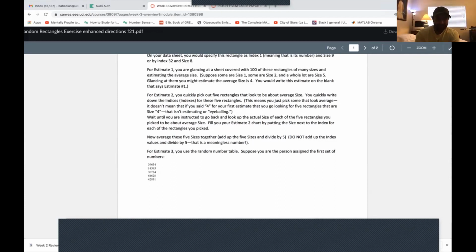And you write down the index number, or the rectangle number, on the data sheet that you have. Then I'm gonna show you the page one more time, the hundreds of rectangles, and then you write the exact size down right next to the number. So again, for estimation number 2,